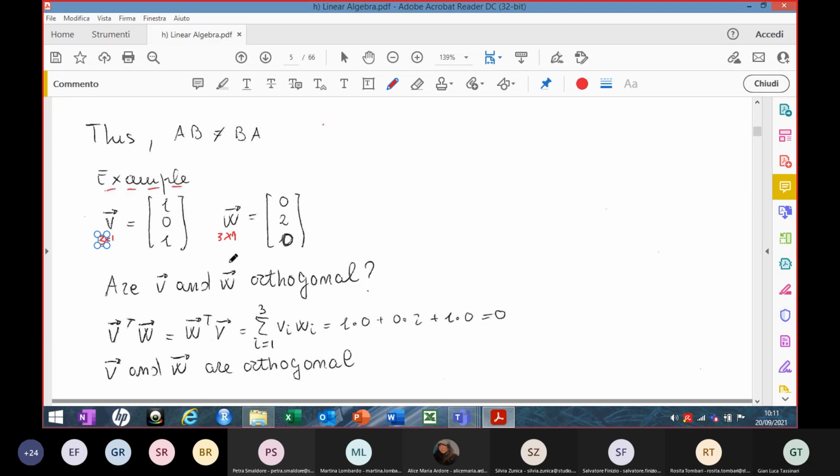So, by definition, how can you compute the inner product or scalar product? You have to transpose V and multiply by W, because V transpose is a 1 times 3 and W is a 3 times 1, so the product is feasible, and the result is a number. Alternatively, looking at the property of the inner product I've shown you before, you can even do W transpose times V. And this essentially simply means that you have to sum the products between elements in the same position. So, even if you do not write the transpose, you can do it mentally, because you know that you have to multiply essentially elements